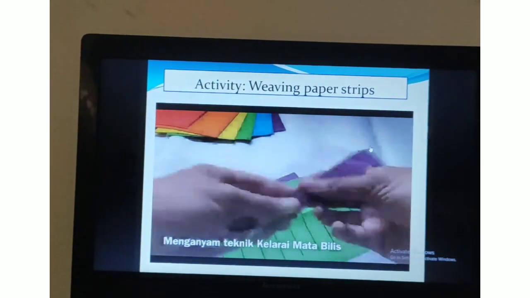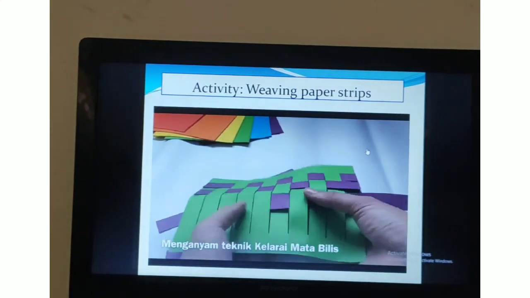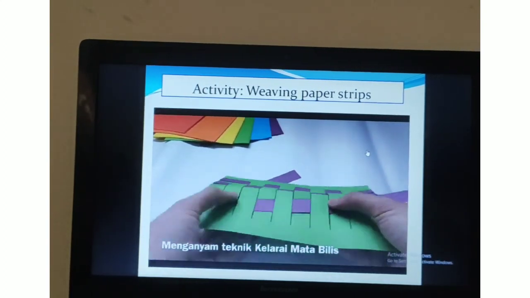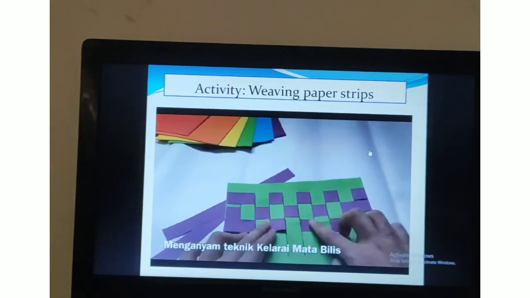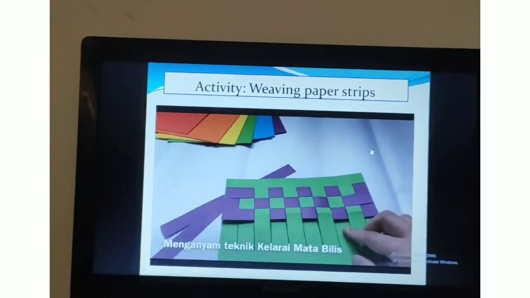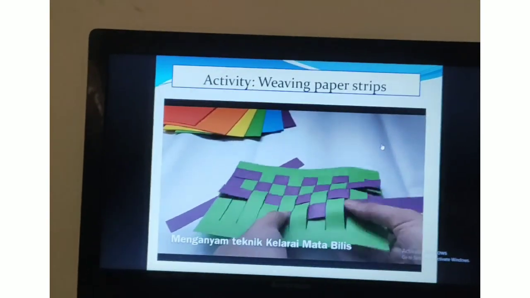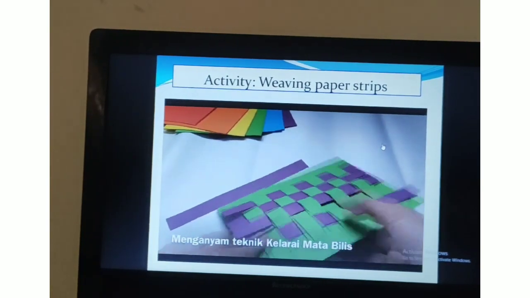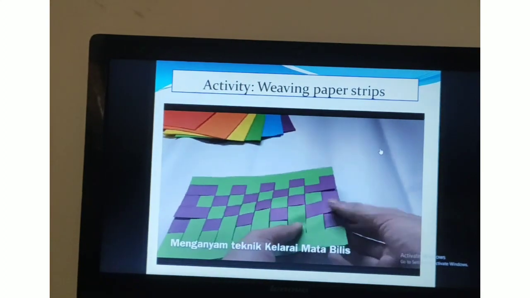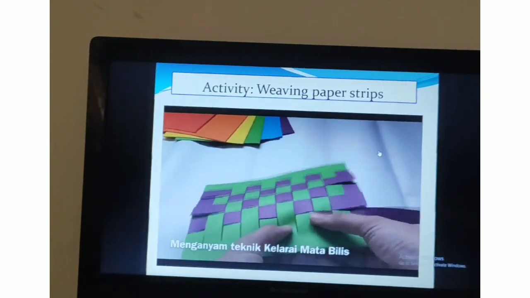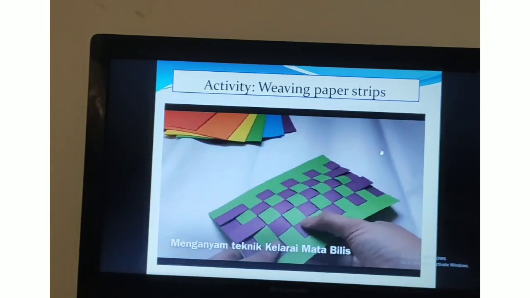Okay, now another one. You can see a very beautiful checks pattern. Okay, this is a paper strip. The same way, the two sets of yarn are arranged in a manner. One set of yarn passes over and under the other set of yarn. Like this they form such a structure and we get fabric.